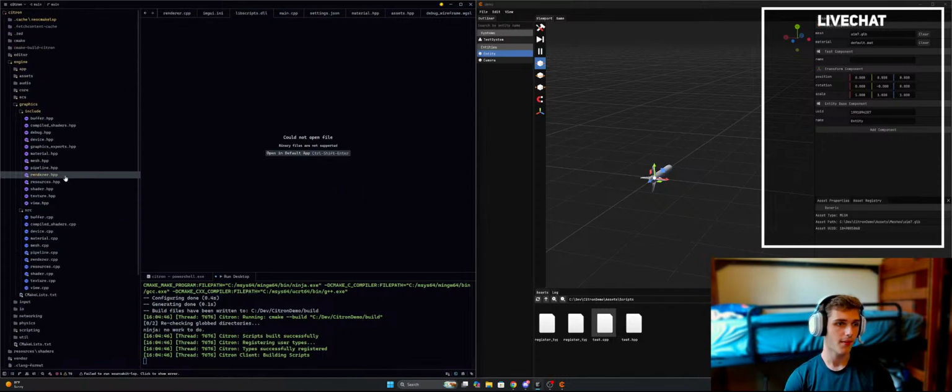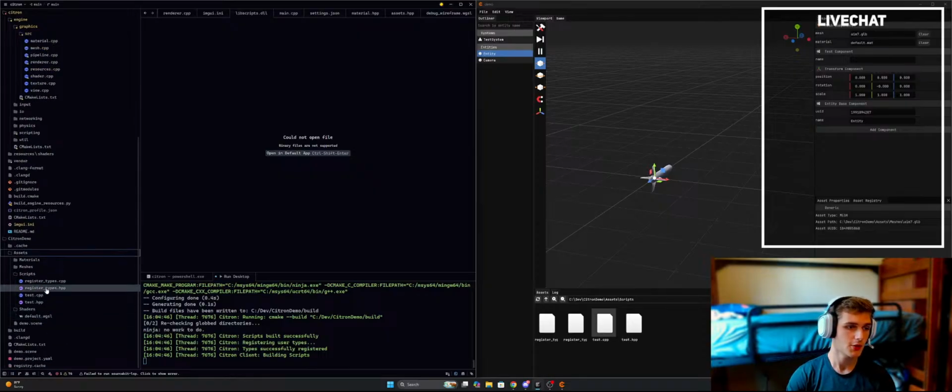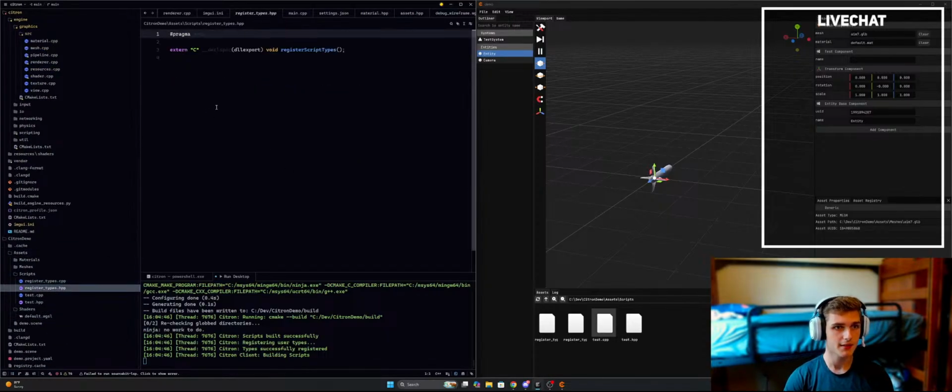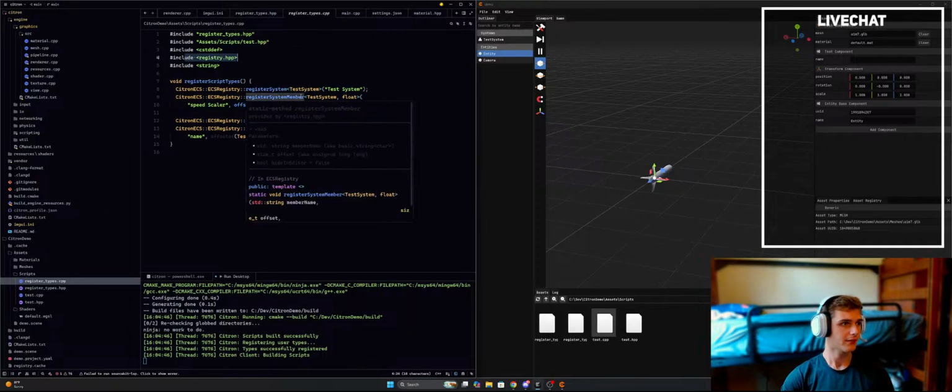The engine then links dynamically to this DLL and calls a very specific function. Now, in your project, you have to implement this function. It is this function, register script types. In this function, this is where you tell Citron engine, hey, I've made these components, I've made these systems, I've